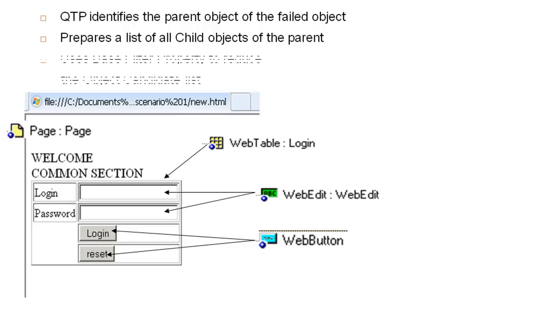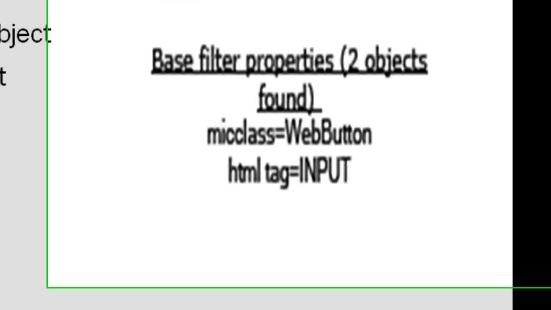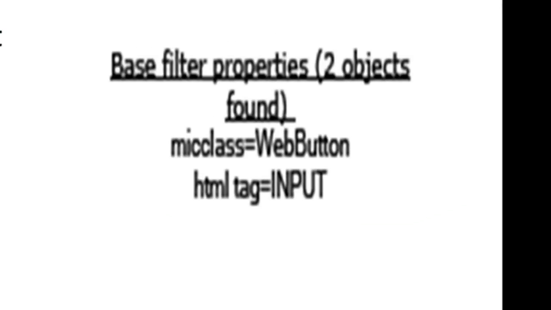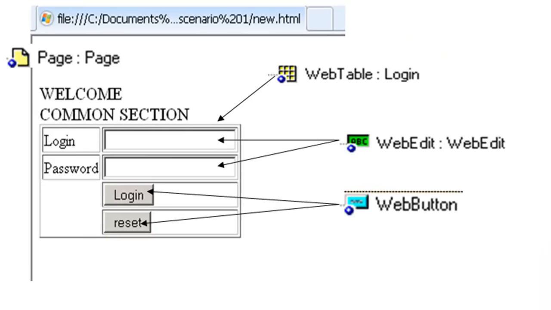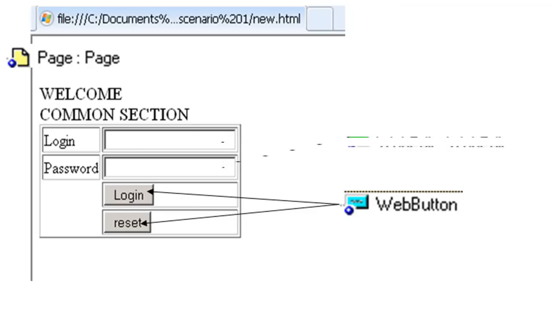Next, QTP uses the base filter properties to reduce the object candidate list. As per our base filter property, the child is of generic class button with HTML tag as input. Therefore, the web table and web edit boxes are eliminated from the candidate list.